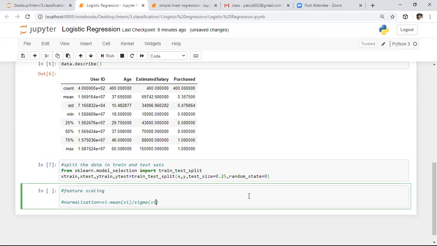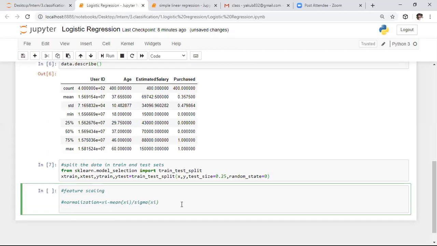The purpose of feature scaling is to get the best accuracy in any machine learning algorithm. We need to scale each and every feature into a small range around -1 to 1. For this purpose, we are taking help of the Gaussian distribution. Based on the Gaussian distribution, we are reducing each feature's scale. I will show you that, don't worry about this. For that purpose, we need to apply feature scaling.